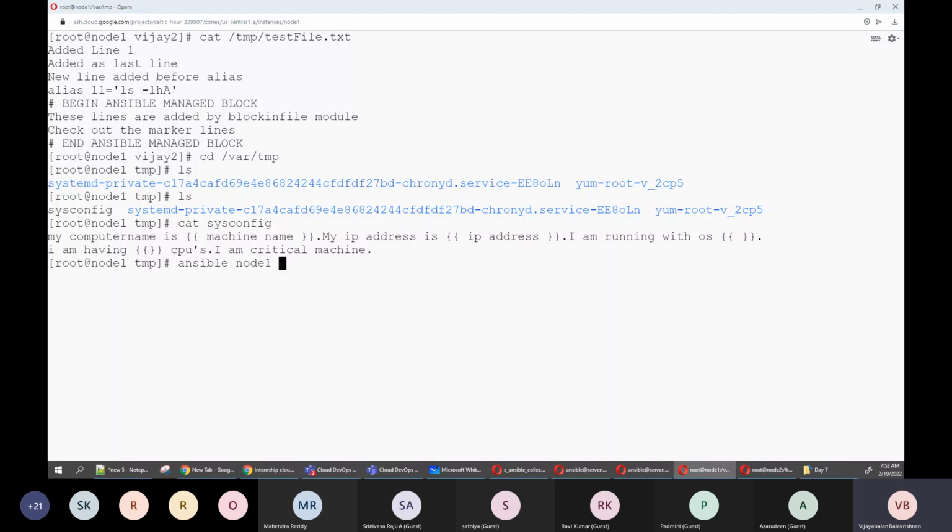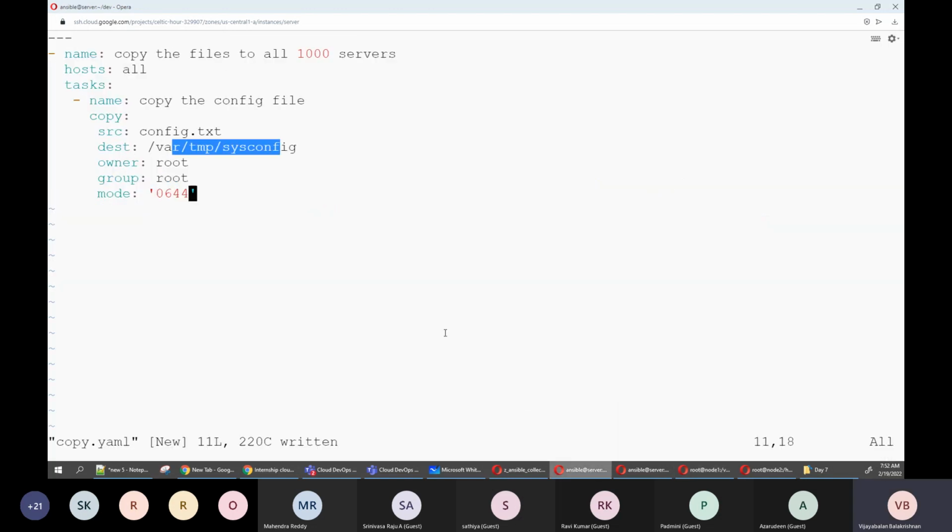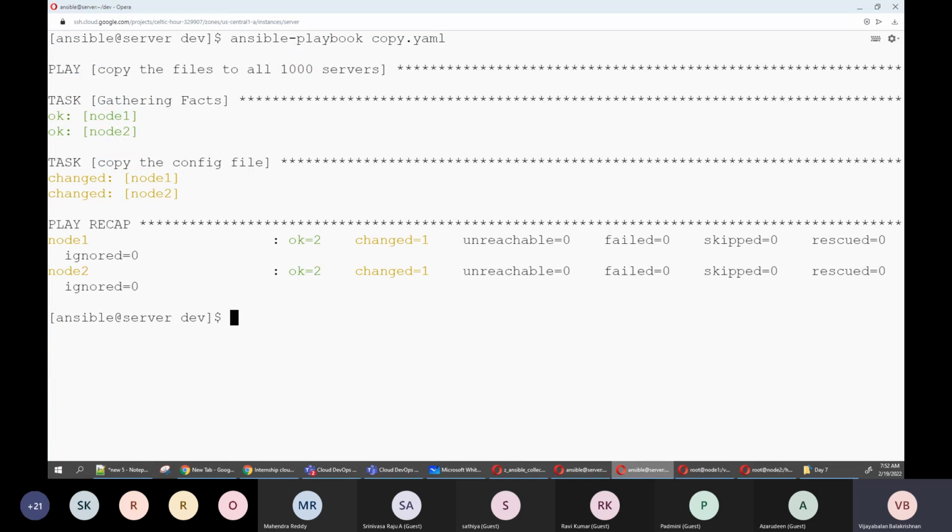Ansible node 1, don't put all, because the output is bigger. -m setup. Sorry, node 1, and there is no Ansible, right? So I'm going for the Ansible machine. Ansible node 1 -m setup.